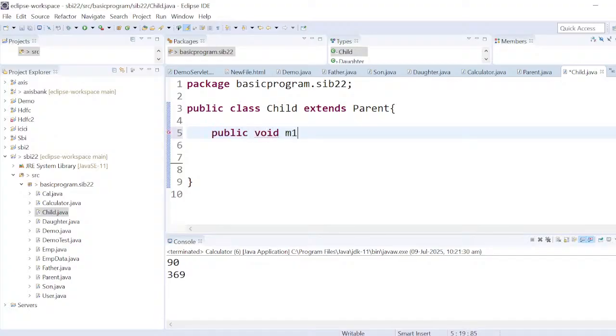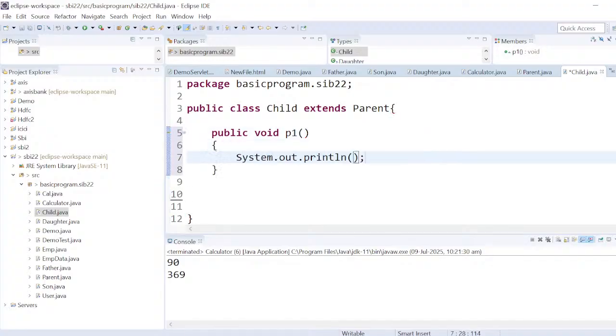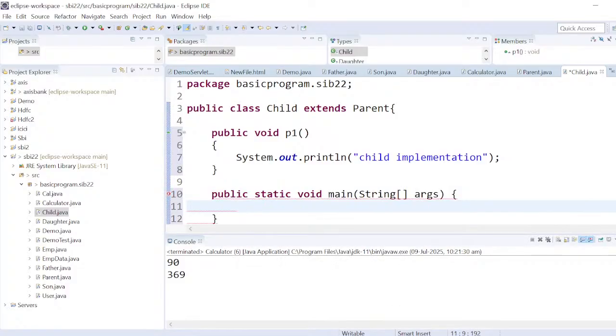and there is a method called p1. Yeah, I'm taking p1 as the method, and here I am providing System.out.println child implementation. Okay, so in this case I would like to take the main method,